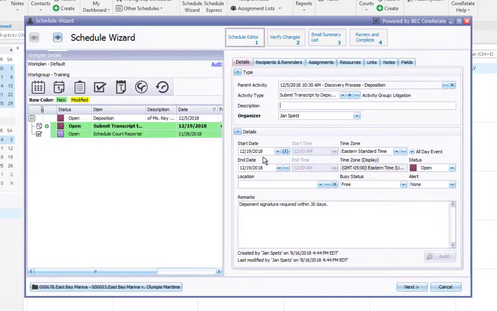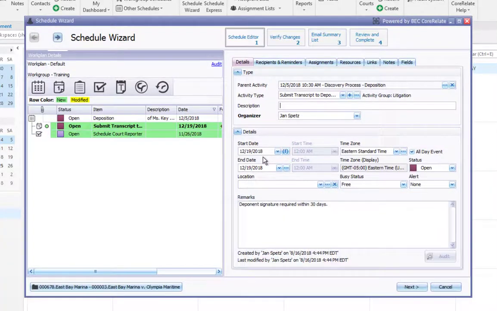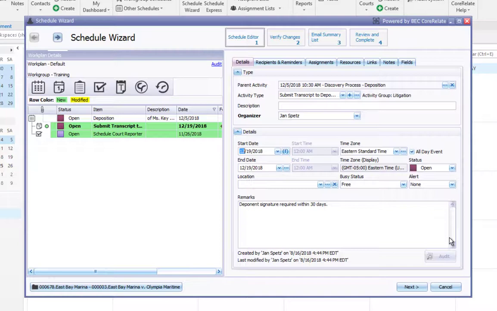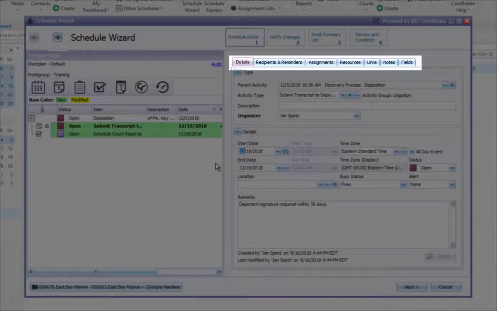Notice the start date. Usually it defaults to today's date, but in this case, it has defaulted to 14 days after the deposition. Why? Because the Submit Transcript activity type uses a date calculation formula by default, indicated by this small letter F icon. This is a workgroup level customization. It isn't necessary, but you can click the F to open the formula editor and view, change, or remove the formula details. As always, visit other Schedule editor tabs such as recipients, reminders, links, and notes, as necessary for the